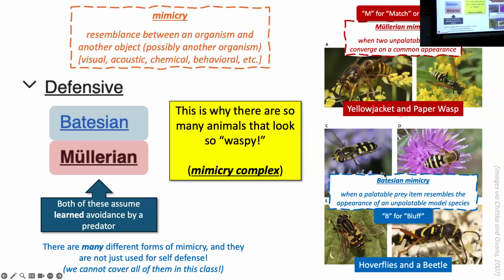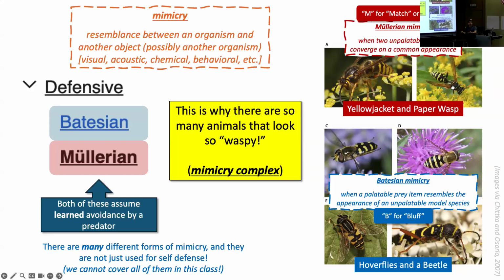And then these feed off of that. So that creates a positive externality for all of these species to go onto so that they can look like a wasp as well. So that's the reason why we see all of these yellow and black stripes, because, for whatever reason, that has become honest, it's honest enough that